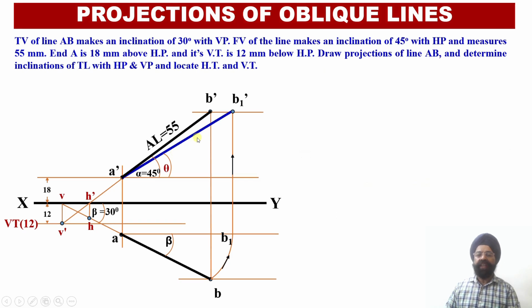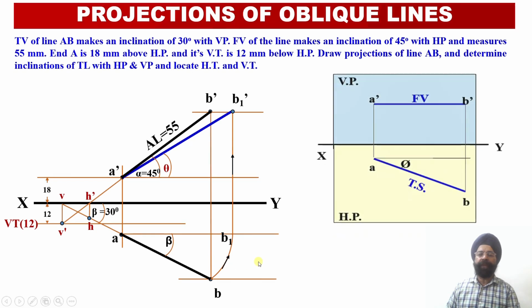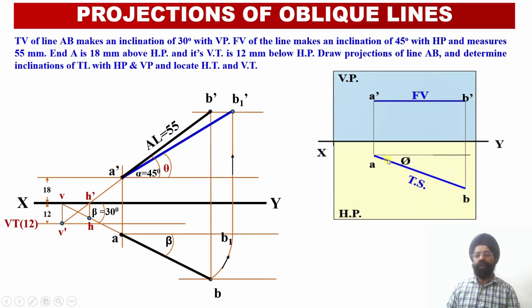Now again we can check this true length blue line A dash B1 dash, it is bigger than A dash B dash, that is the apparent length of the line, and the apparent angle of inclination alpha is greater than the true angle of inclination theta. So the apparent angle is greater than the true angle, whereas the true length is greater than the apparent length. Now we need to evaluate and locate the true length of this line in the top view. In order to obtain the true length of the line in the top view, I should have my apparent length in elevation parallel to the horizontal plane.